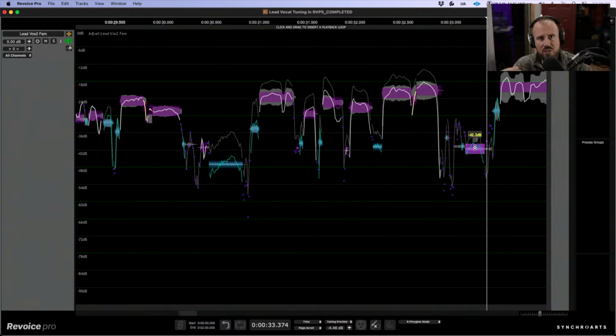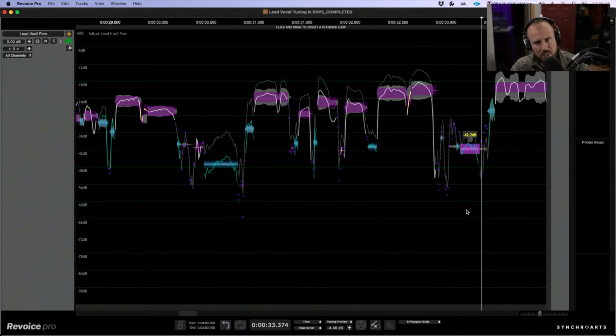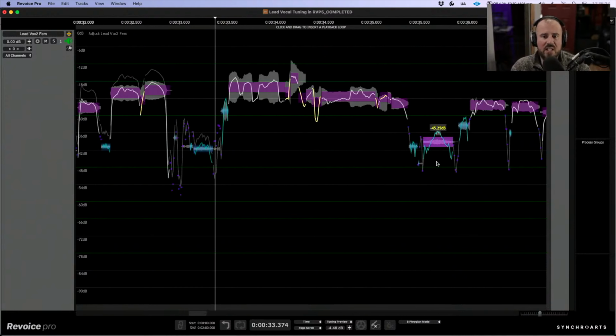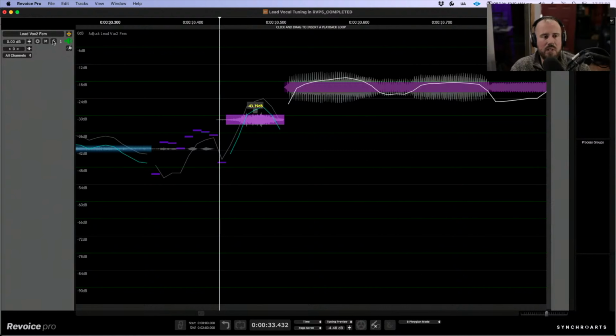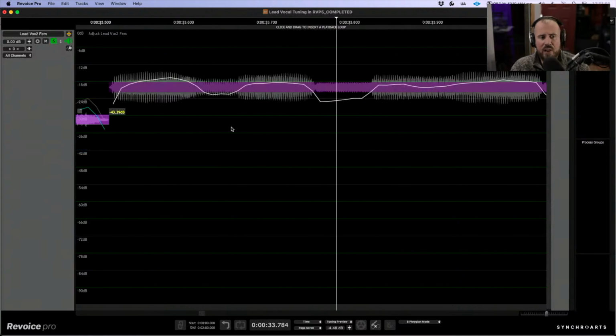Even when you take into consideration that we comp between different performances, certain performances might be 5 dB too loud. Hopefully we adjust these as we go when we're comping, but sometimes we don't. This type of fine level detail work is so easy to do in Revoice, and so easy to visualize. One of the other things I like: if we take a look at this in a DAW and we're using clip gain, you have to make a highlighted selection, and then you're pulling it down, and sometimes you have this steep line in terms of automation, where you have like a 5 dB drop where all of a sudden it's quieter, and then you sometimes have to try to smooth it out. If I drop this down, it takes care of everything in between here. So if I solo, if I wanted to bring this down a little bit more,